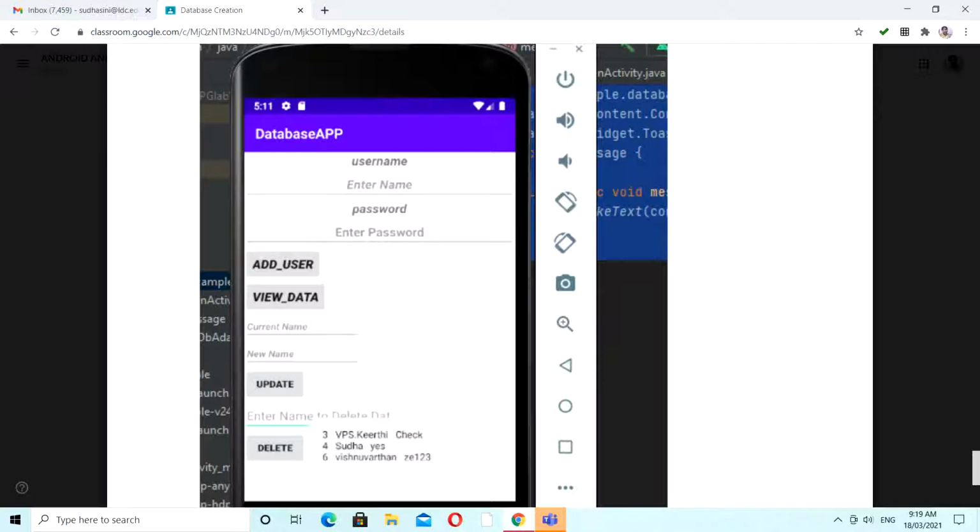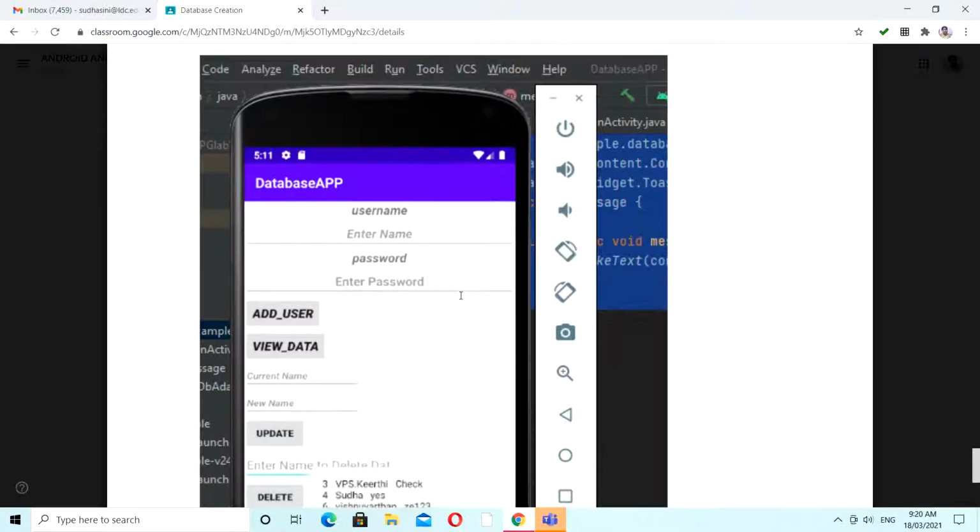So the current name and then the new name. The existing name you have to give, and then the new name, and then click on this update. The same way, if you want to delete a particular row, we have to delete it based on a particular attribute only. So I'm going to give a name here. Here I have given only the name attribute itself. For example, if you give a password as an attribute, surely we can use a password to delete a particular row. So it's up to us. As a programmer, we can give any attribute to update or to delete. Okay, we will directly move on to the coding part.